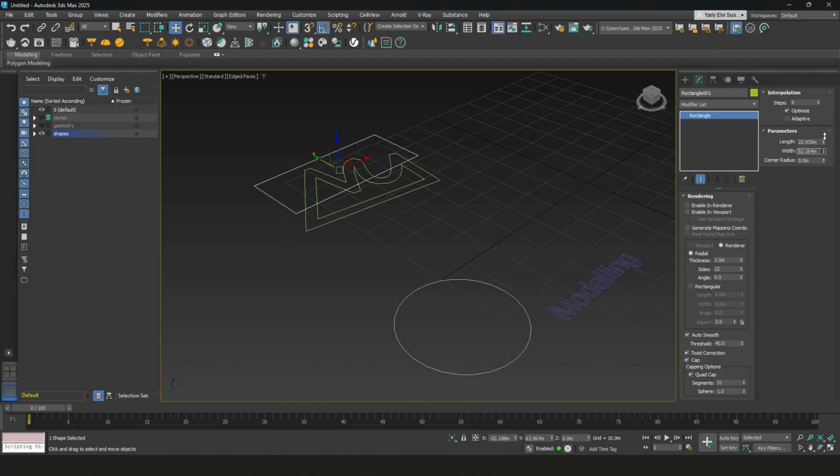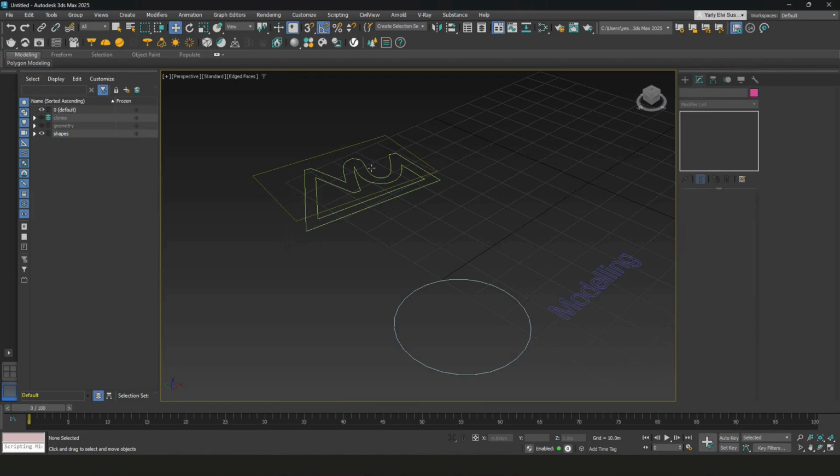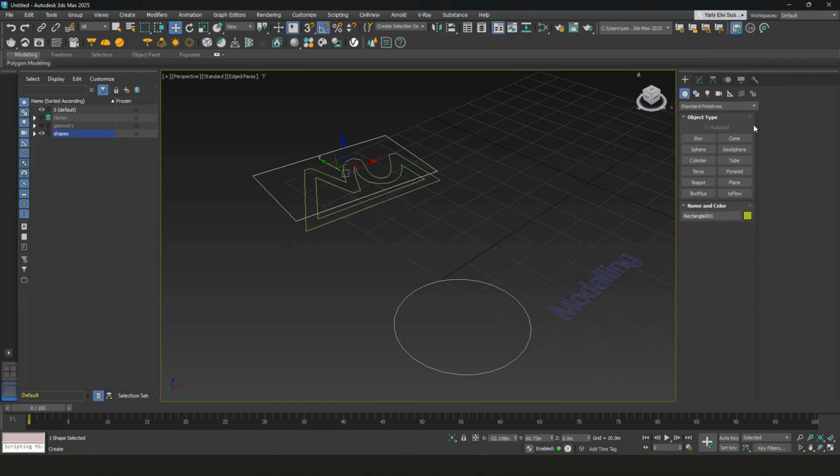I'll probably make this slightly bigger. Use the rotate tool. Yep, something like that. And I'll go to create